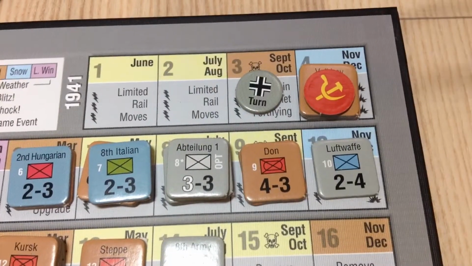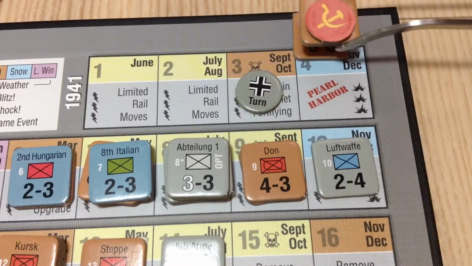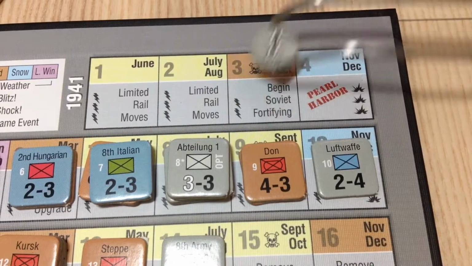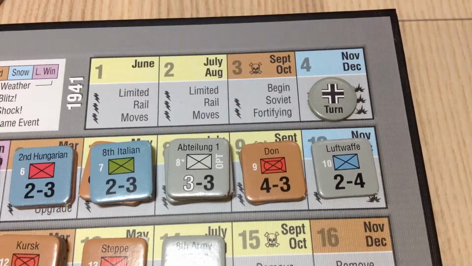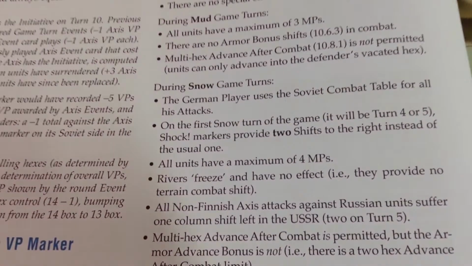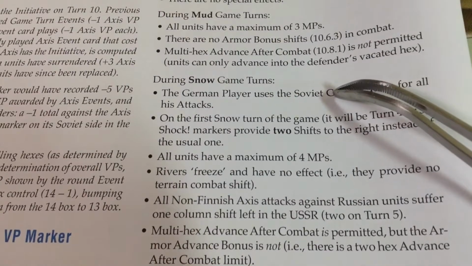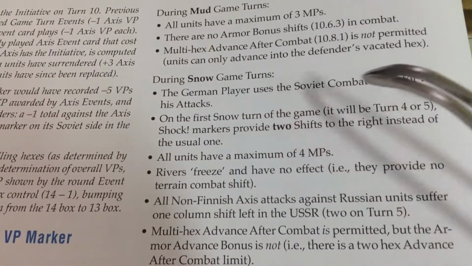As they say in Game of Thrones, winter is coming. It's time for winter, guys. That's going to be a huge advantage to Soviets. Massive advantage to Soviets. November, December. What kind of benefits do you ask? Well, during snow game turns, the Germans now use the Soviet combat table. In the first turn,